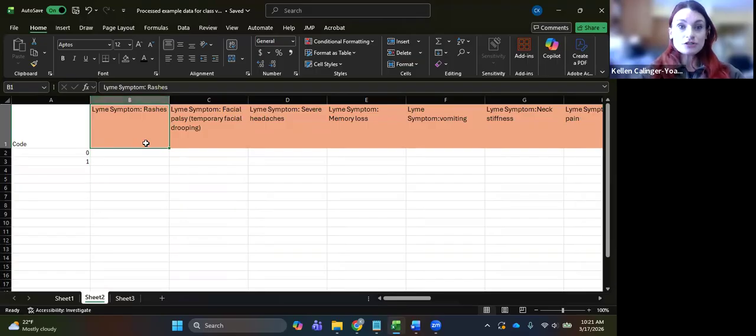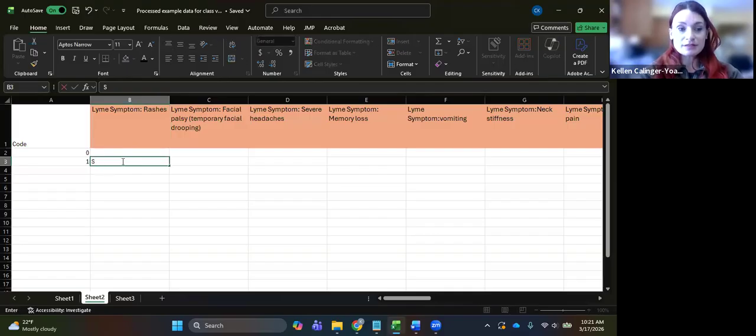So now what I have to do is reflect on the knowledge that I already have about Lyme disease, which hopefully all of you also have about your focal diseases, to reflect which of these are or are not symptoms of Lyme disease. Okay, so for the first one, for rashes, for example, I know that rashes are a symptom of Lyme disease. So the response that participants could say that would be coded for as a 1, correct response,